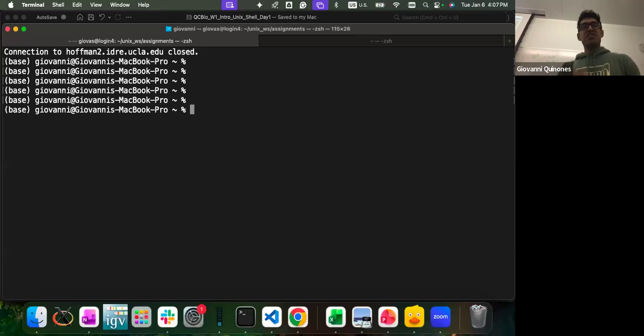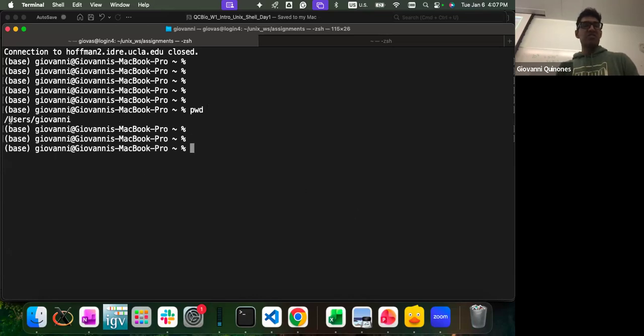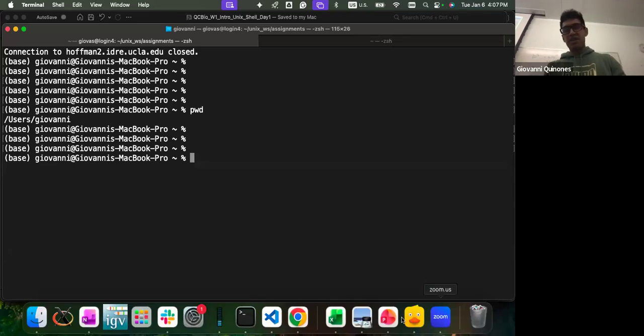So right now I'm no longer in Hoffman, I'm on my own laptop and I can do the same things. On my laptop, it's not u, it's Users. So it's slightly different, but you can see it's the same idea. The u in Hoffman stands for users as well. Everything that you applied on Hoffman should be translatable to your own computer, given that all of you have MacBooks.